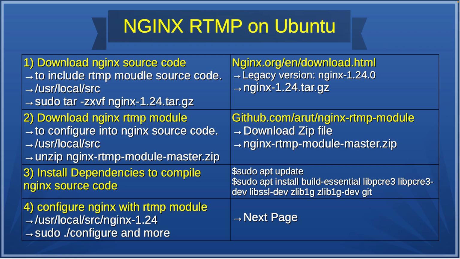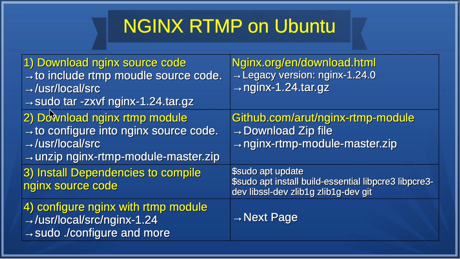You need to download the NGINX 1.24 source code from this site, the nginx-1.24 tar.gz, and then create /usr/local/src on your Ubuntu Linux, and then unzip